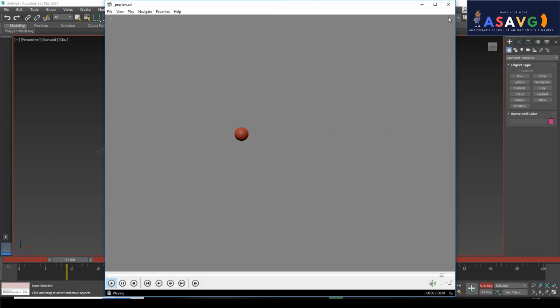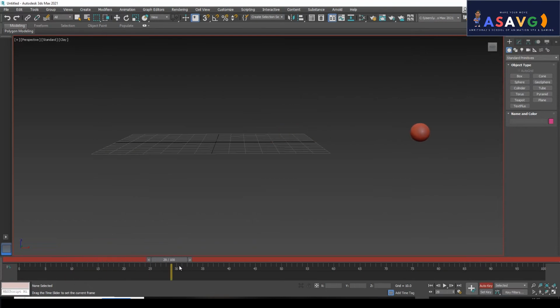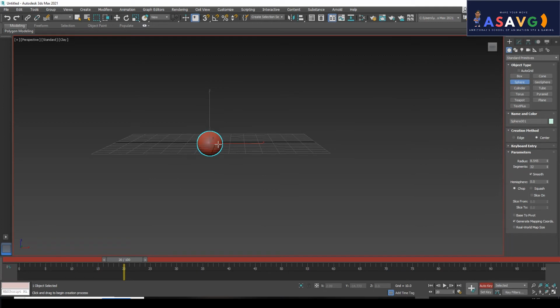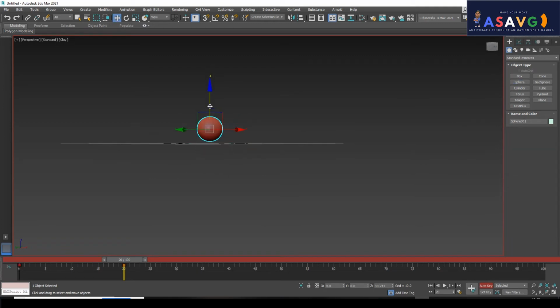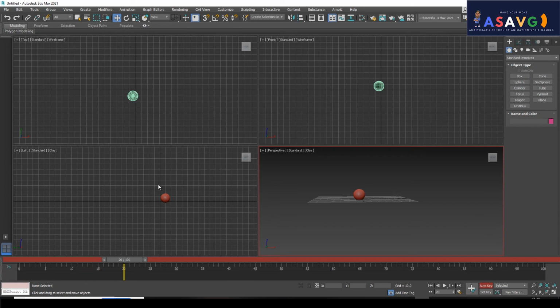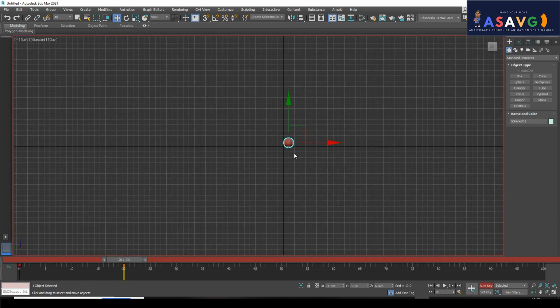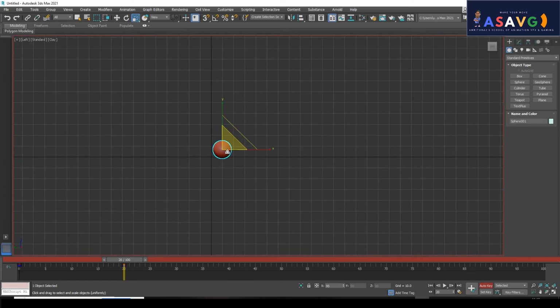This is just a bouncing ball, right? Okay, so this is the simple animation, right? Okay, so I am going to do a simple shot put ball animation. So I'm deleting this and I am making the whole animation, otherwise I have to delete the whole keys. So rather than removing the whole stuff, I am going to create a sphere. Okay, a little big one. Fine. So I'm going to left view. Okay, so making it a little bit bigger.